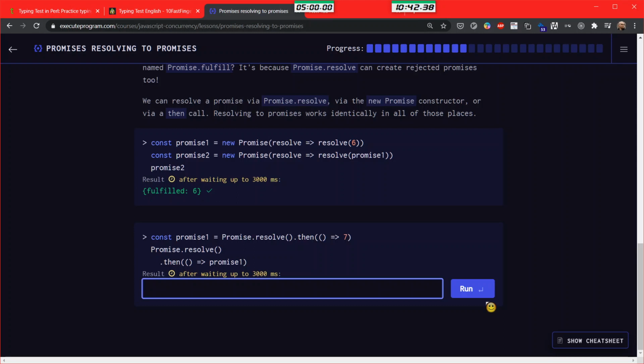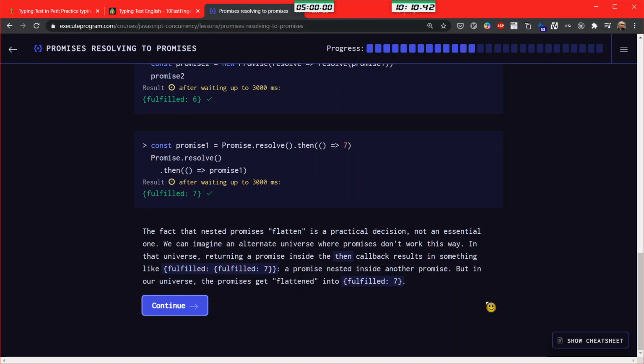Then will put the 7 inside of it, and then we have another Promise.resolve, which is like the Promise object dot resolve, and then we have a .then, and we put inside the promise 1. Okay, so that is the number 2, and this will be fulfilled 7.